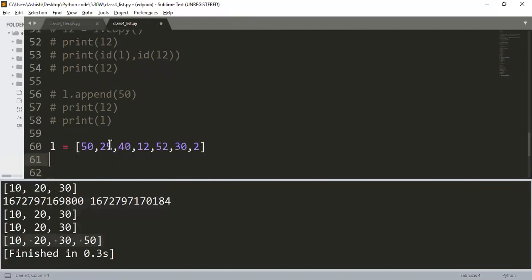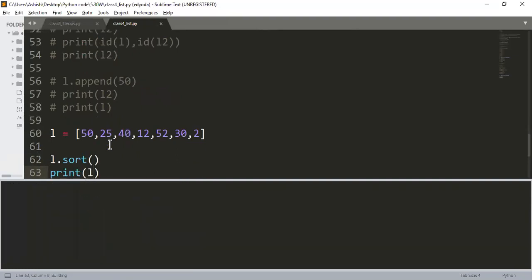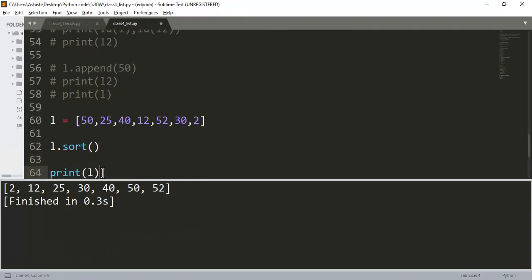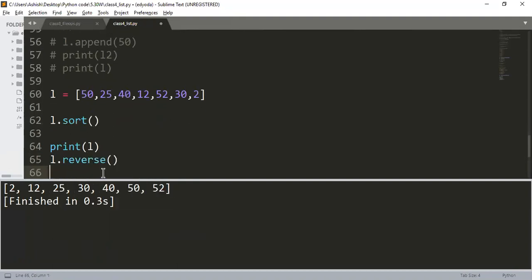If you have a list and you want to sort it, just do L dot sort. Again, this method will not return you anything. This will modify the original list for you. Okay. If you want to reverse it,